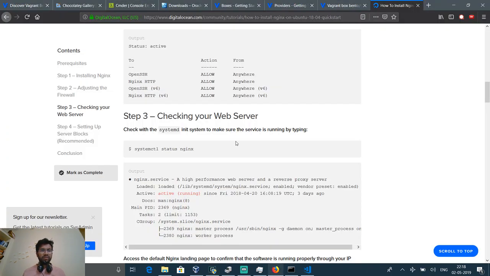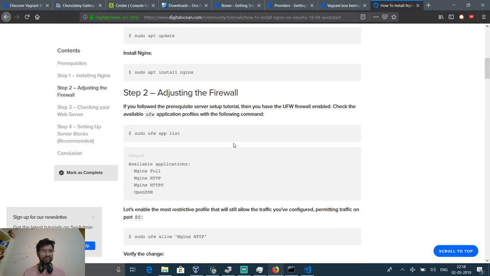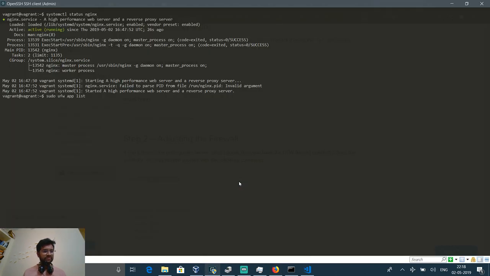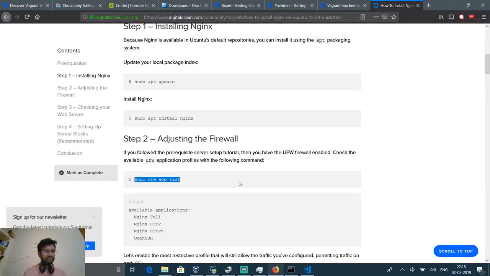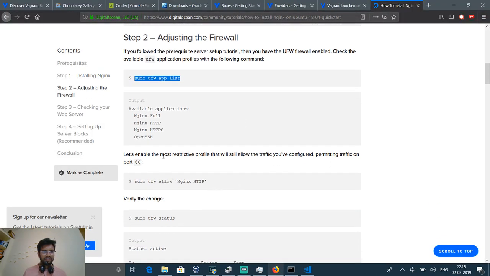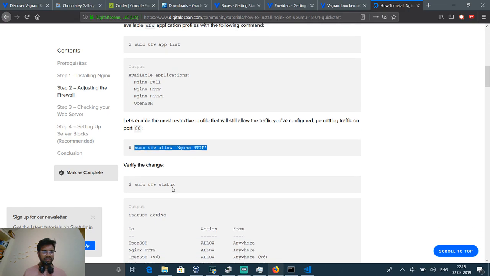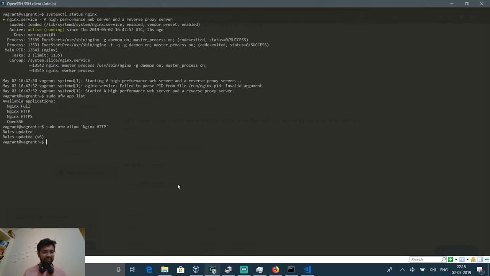Let's open up the firewall and see. Alright, open SSH. Let's enable the most restrictive profile that would allow traffic to be configured. Alright, then verify it. Okay, so sudo